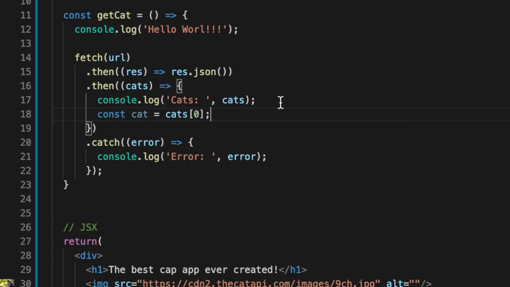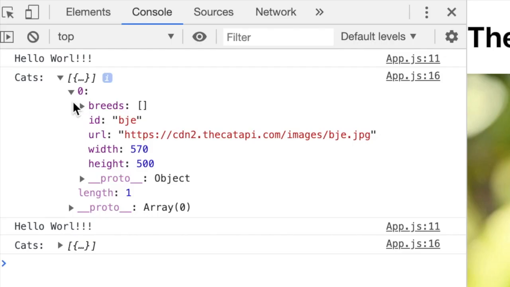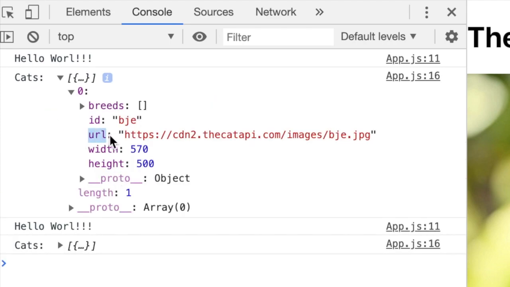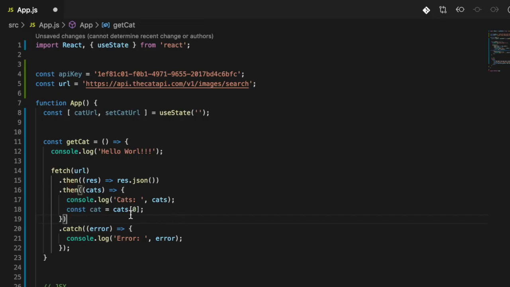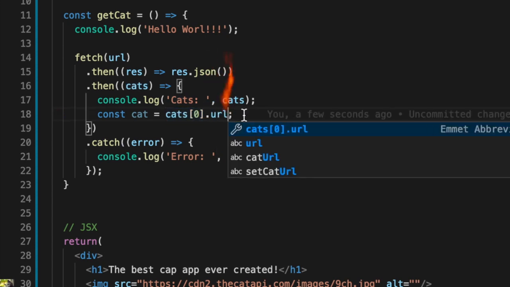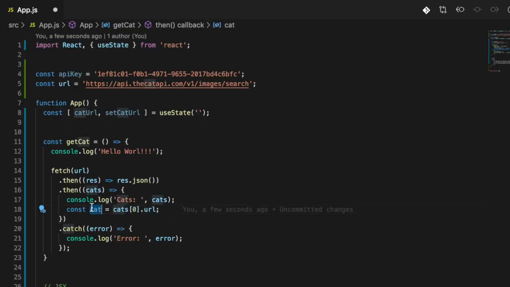There could be multiple cats, but for this tutorial I'm only gonna focus on the first cat that I have. When I have this object, which is that first cat, cat number one, there is the value that I need, which is the URL. So to get the URL, it's a matter of getting the first element and doing that URL. So literally that should give us the actual image of the cat. I'm going to rename this one to be cat URL, something like that. And then once you have this value,